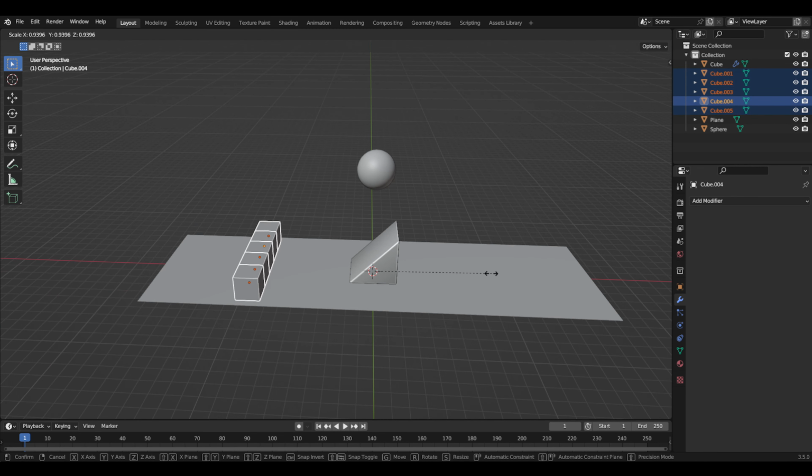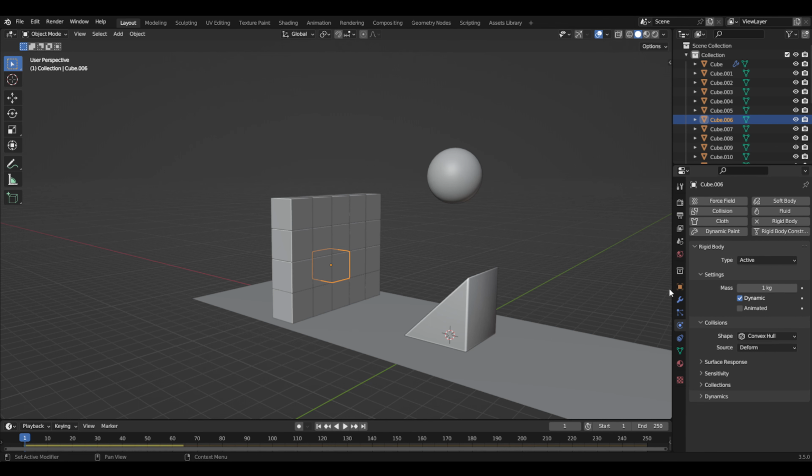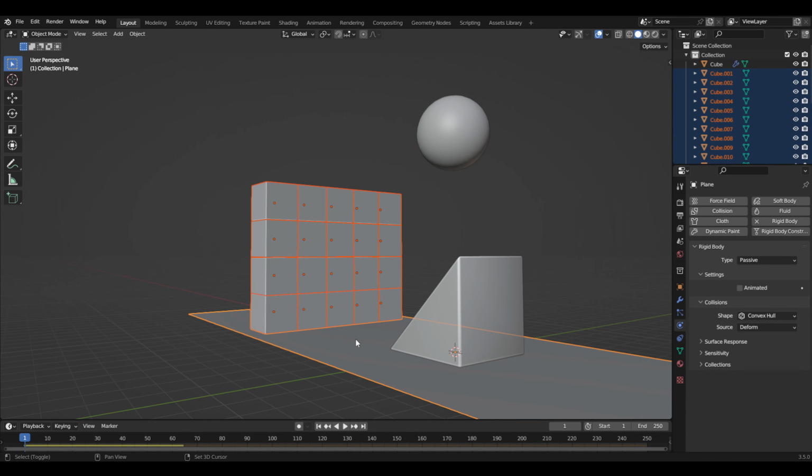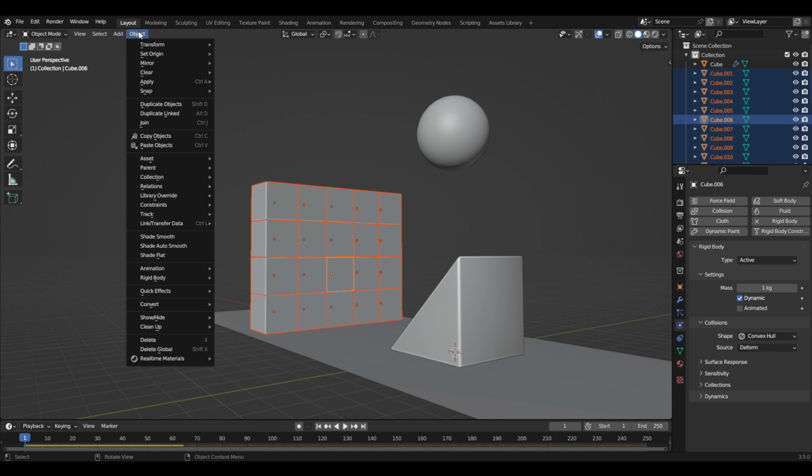But now, as you can see, we forgot to add our rigid bodies, so just add to one, keep at the default, and then select all the other ones and just deselect the plane. So you just need to find that one again here, and then go to object, find rigid body, and then add active. Or if you change something, you can just copy from active. So now if we play the simulation,